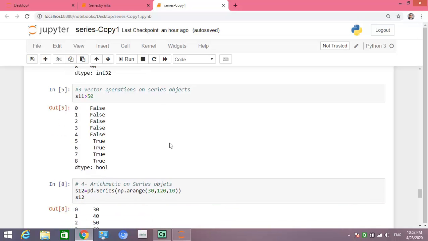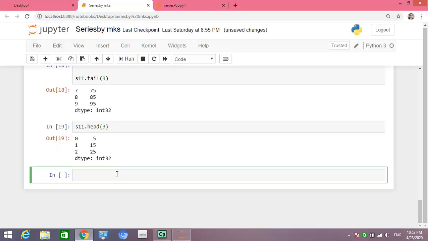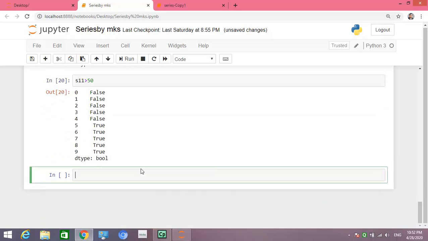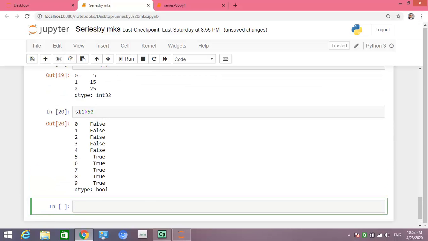Suppose we write S11 greater than 50. So what will it give?